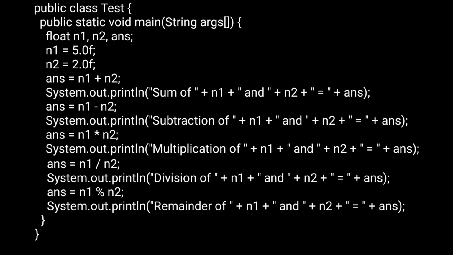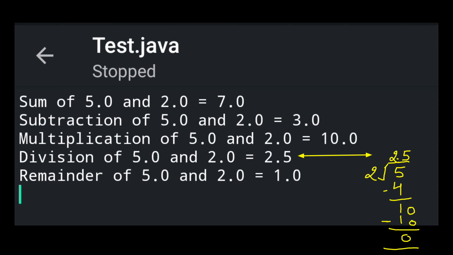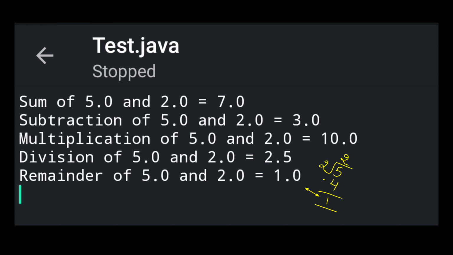So if we change the data type, the result will change according to the data type. The first result we saw with the integer data type, where the division was coming as 2 only. But now see the output of this program in which we have used float data type variables. Now the output will change also. Addition will be the same, 7, subtraction is 3, and multiplication is 10. Now division is 2.5 and remainder is also 1, because the remainder will be calculated after integer division.